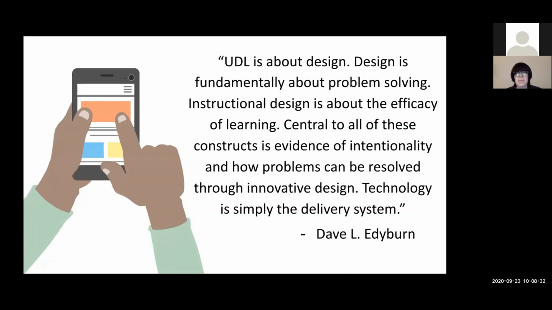It's not enough to simply pick the latest technology. It's important to also really think carefully about the guidelines and what they have to say about the various topics. Do the technology pieces that you're adopting, do the new tools have functionality that is truly going to allow you to engage people authentically and represent your information in multiple different ways and help people to show that they've learned the information and track their own goals and become strategic learners. That really needs to be what the process is about, not simply having the latest technology system.